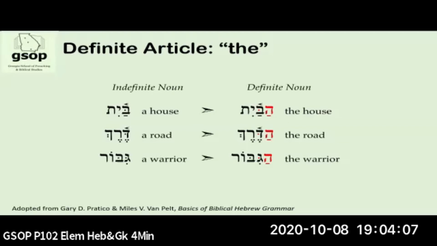And that's basically how you know. Same thing with a road, Dedrick, a road. To make that the road, I'm going to add the same thing. I'm going to add the hay with the patach underneath it, and I'm going to change that dot. Now, if there's no dot, I didn't change anything. If there is a dot, I'm changing it. If there's no dot, I'm adding the dot. If there is a dot, I'm changing it to make it a doubling sound. So that would be